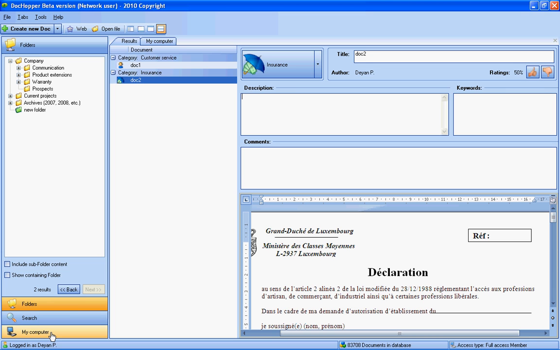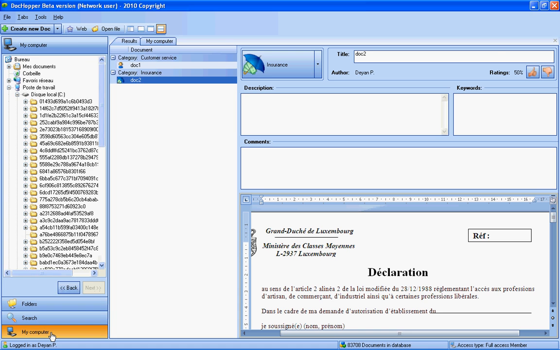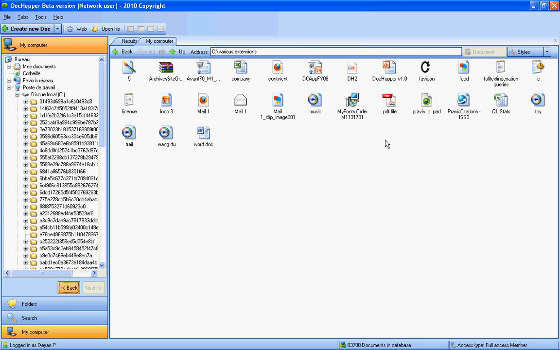Now there is a second way of creating documents using the My Computer tab. So let's go back there and let's pick more than one file. Let's, for example, right click on PDF file, click on the control button and select logo 3, and just to make it more interesting, select a third document, which would be, for example, this one. There we are. Now here we have selected 3 files: an Excel file, a picture, and a PDF file. And what we are basically going to do is right click,